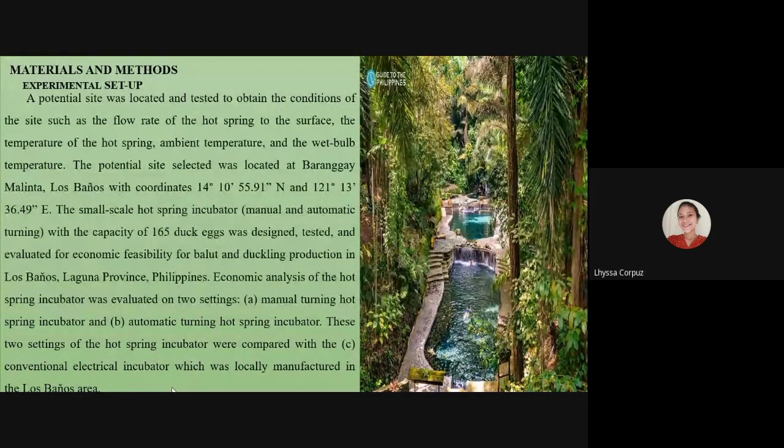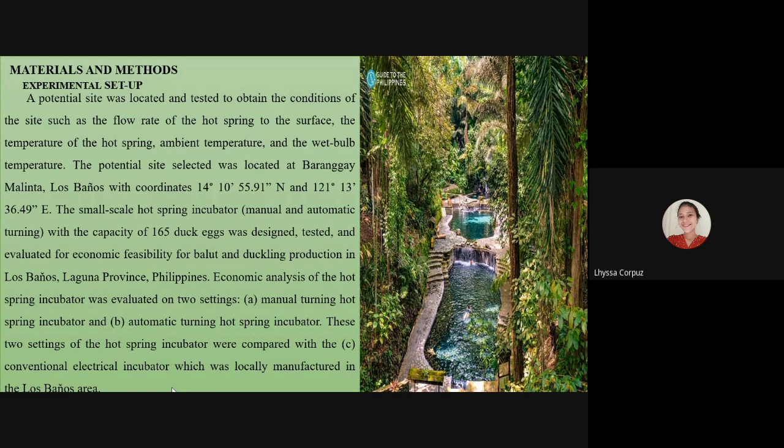Materials and methods. Experimental setup. A potential site was located and tested to obtain the conditions of the site, such as the flow rate of the hot spring to the surface, the temperature of the hot spring, ambient temperature, and the wet bulb temperature. The potential site selected was located at Barangay Malinta, Los Baños, with coordinates 14 degrees 10 feet 55.91 meters north and 121 degrees 13 feet